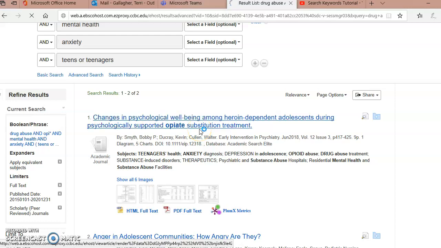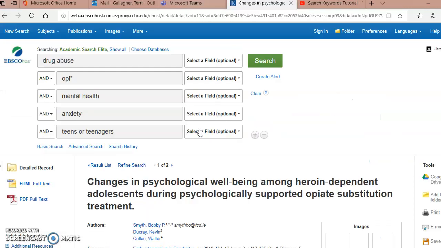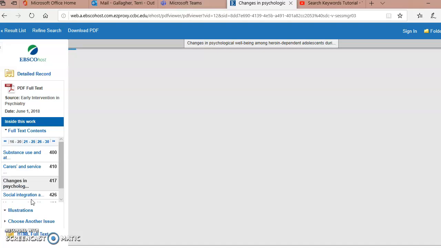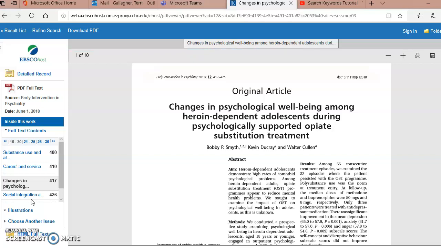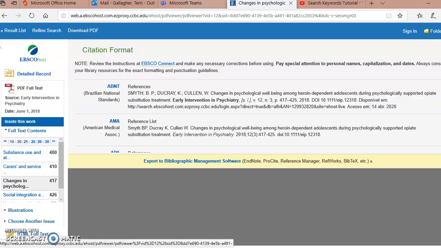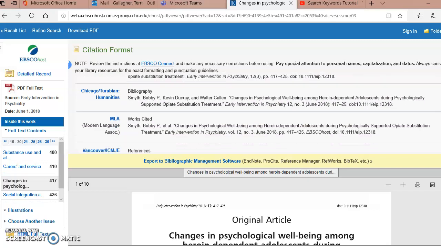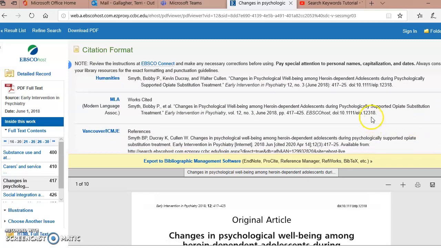And then to look at the article, what you do is you open it up, you look at the PDF, you can download it, you can print it. If you print, you definitely want to do the download. And also remember over here, you can cite it. You just want to make sure you're using MLA in this class. You go down here and it is